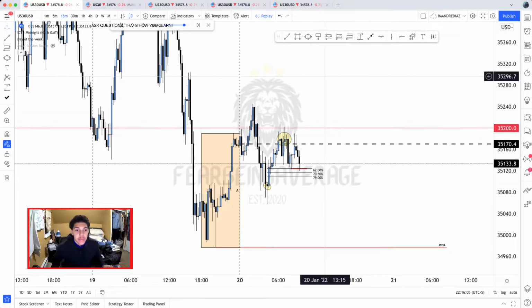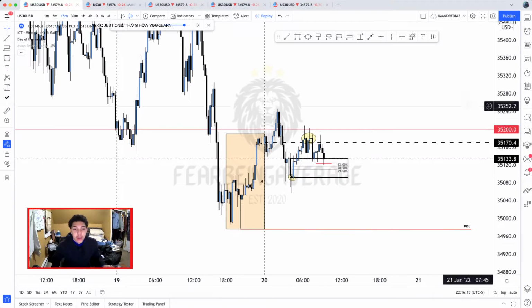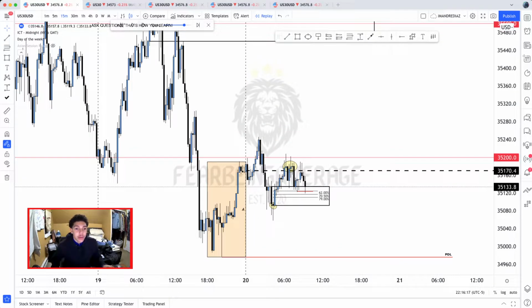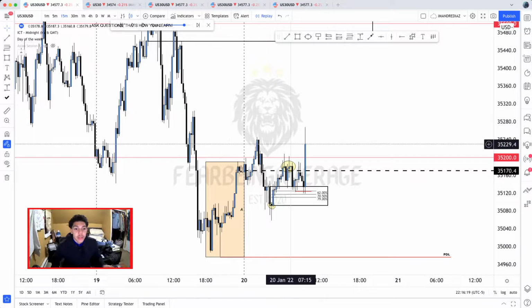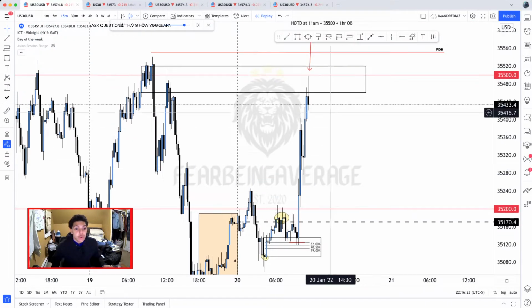But we see that we tapped into that 62%, and then we also tapped into this 15-minute bullish order block also. And then from here, I was also looking that we were below the 12 a.m. open, which means I was in a good buy area. And from here, that's when I got into the trade, and that's when price expanded at 9:30. And then from here, price ended up just taking off. I didn't even hold the trade all the way up to here. I got out at around 100 pips, so way before this whole move.